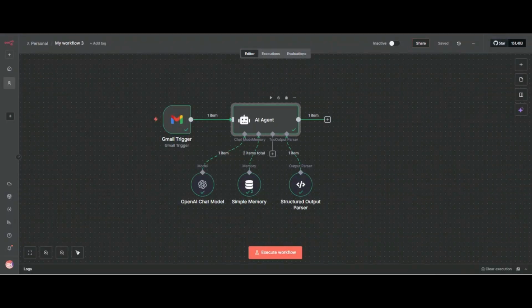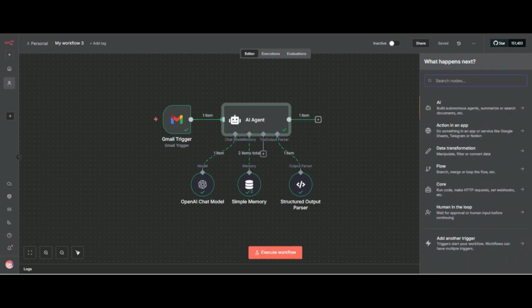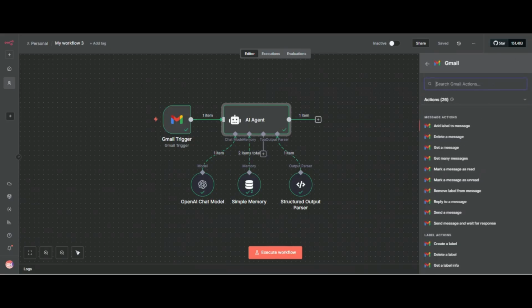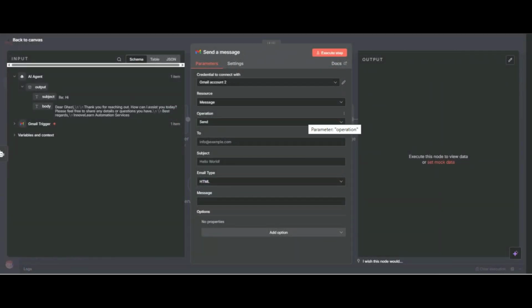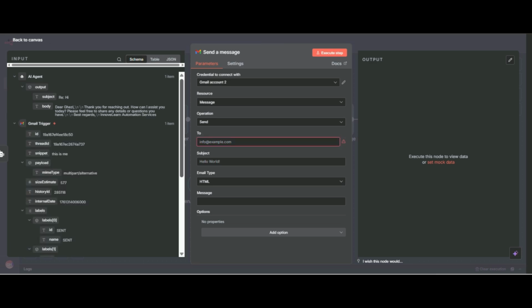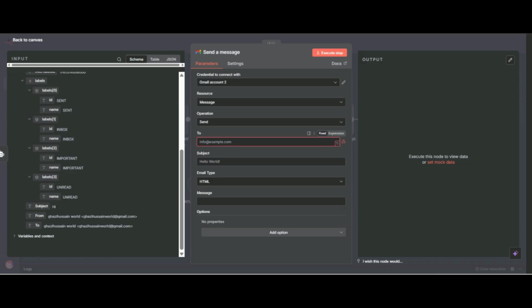So now we have generated our response, and we have to send the reply. I will again search Gmail, and this time we click on send a message. You can see the credential, the message operation will be sent, and here we set where we want to send the response. Here will come the sender email, where the email came from.